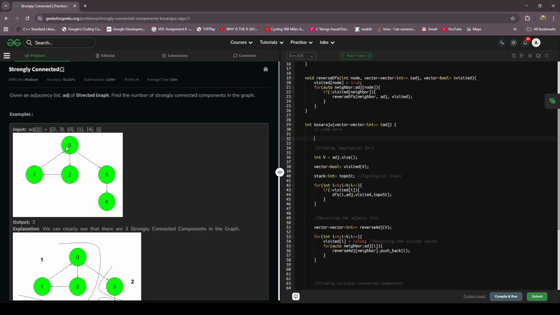So you will be reversing every single edge in this, right? I'm sorry, I might have said vertex. Edge, you will be reversing every single edge in the graph. So first you find the topological sort ordering, then you reverse all of the edges in the graph, then you start popping from the topological sorted stack, and you run DFS on it again, and using that you can find